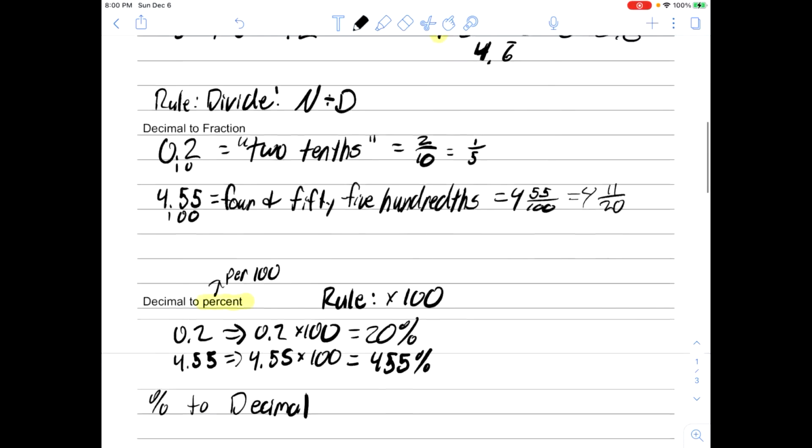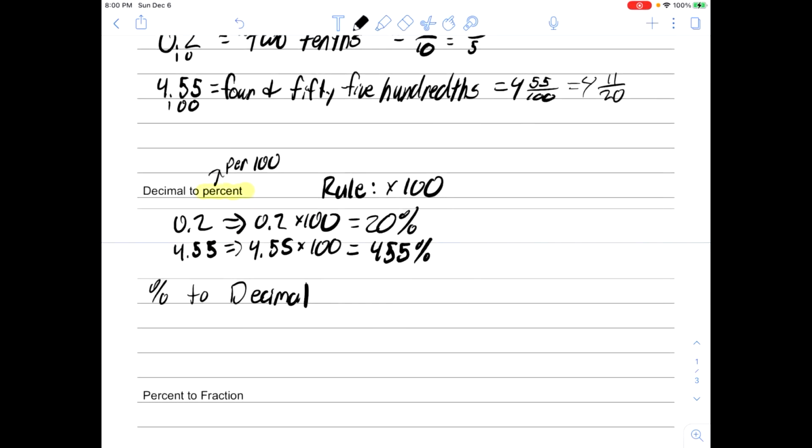Now, somehow this wasn't on your original sheet, so add this here. To go from a percent to a decimal, please add that to your note sheet. To go from a percent to a decimal, going the opposite direction. Well, to go from decimal to percent, we multiply by 100. So to go from a percent to a decimal, we just go backwards. We divide by 100. So for example, if I had 40%,